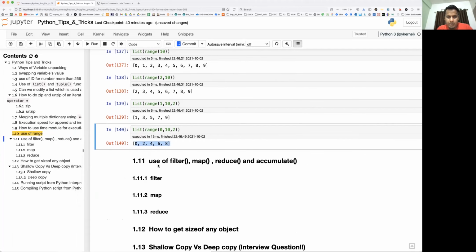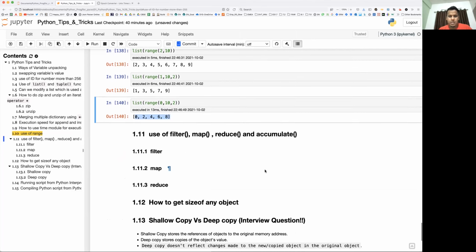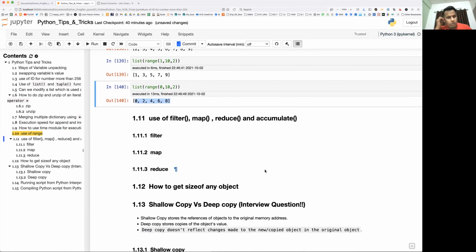Okay, our next topic is the use of filter, map, reduce, and accumulate functions. First let me tell you why these functions are used. Let's say you have a large set of iterable objects. You would like to filter those elements for which the condition is true, or non-zero. Those elements will be returned using the filter option.